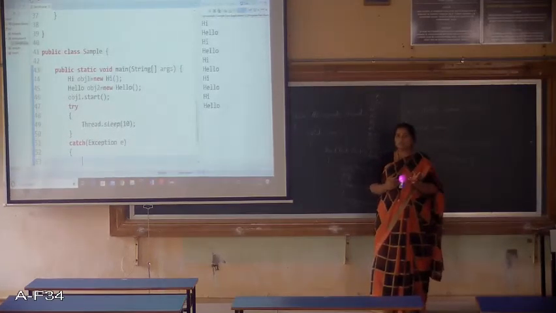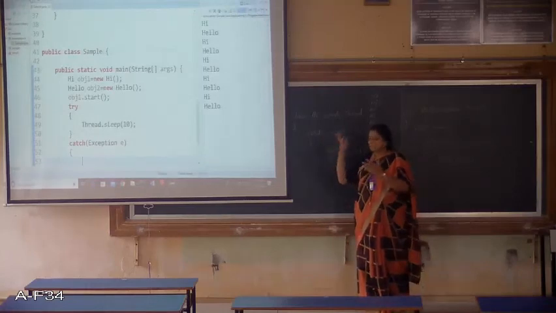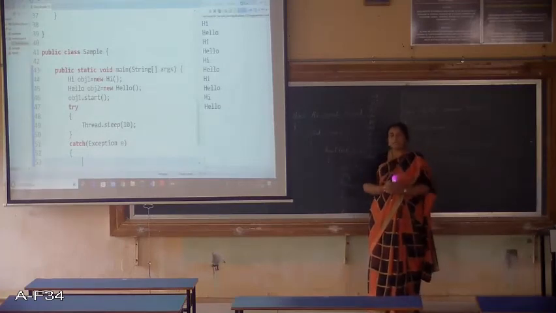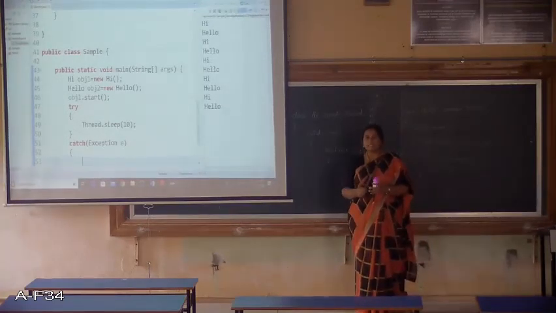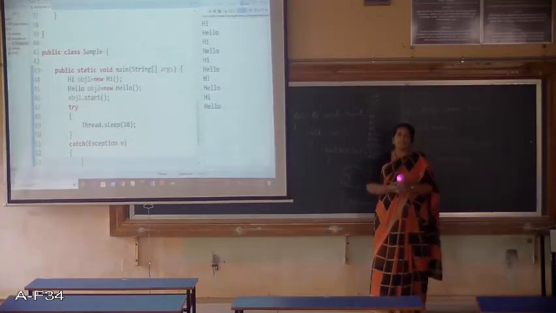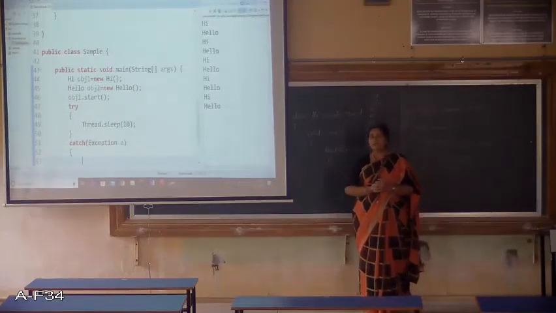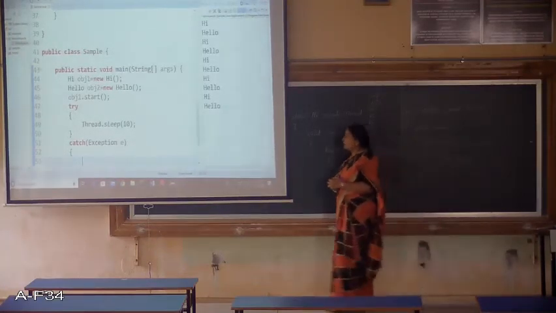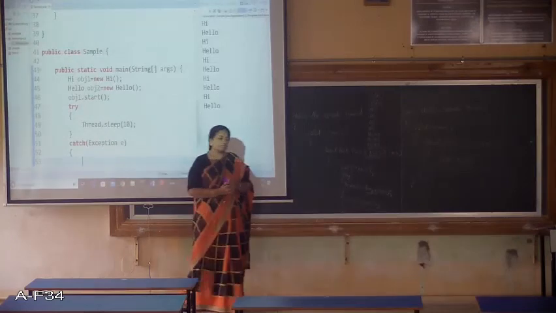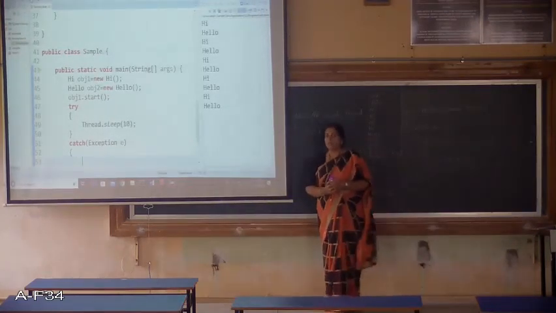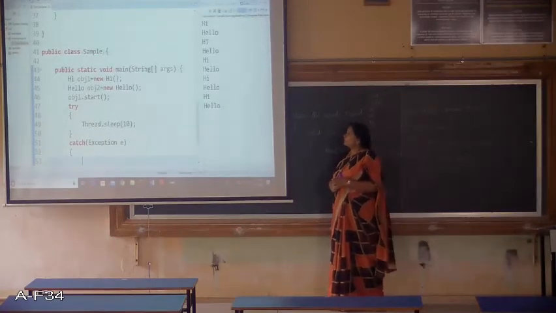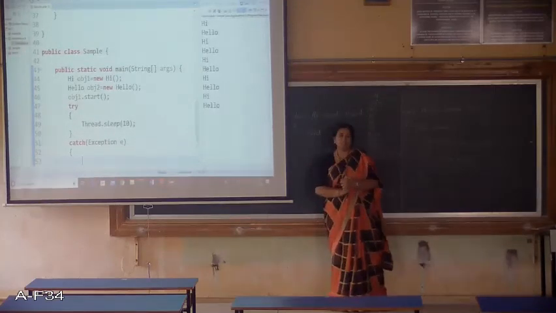So the reason was both the threads have the same priority, right? So both threads reach CPU at the same time. So CPU picks randomly one of the threads and put that thread on task, right? So that was a problem. So we resolved that problem by introducing a delay of 10 milliseconds between these two start methods, right? So when we executed this, finally we have got this particular thing which is the expected result.